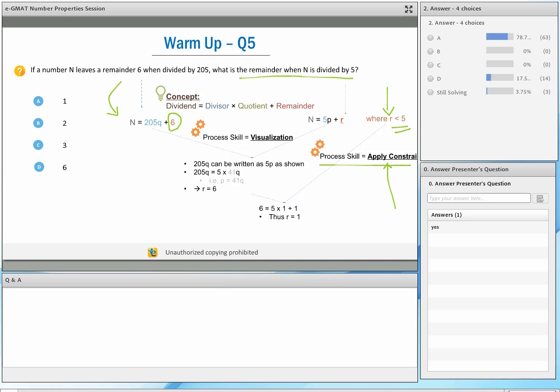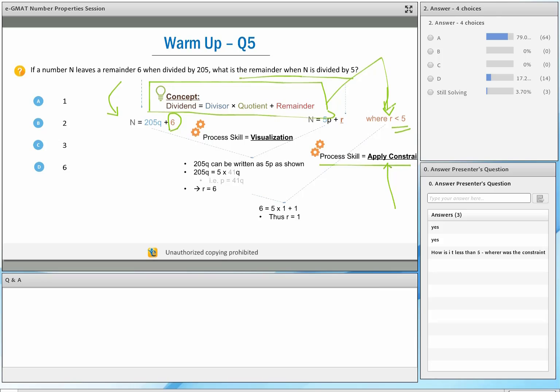And again, as I said early on in the session, before I started the session, you're going to get those learnings from this limited scope session on remainders that you can apply across the board for all of quant. This is precisely what it is: your understanding of process skills, your belief in the process skills. Okay. How is it less than 5? Because it's a remainder. That's the concept over here, and which is where the conceptual clarity needs to come into picture. Okay, here you're getting the constraint from the very concept that you're applying.